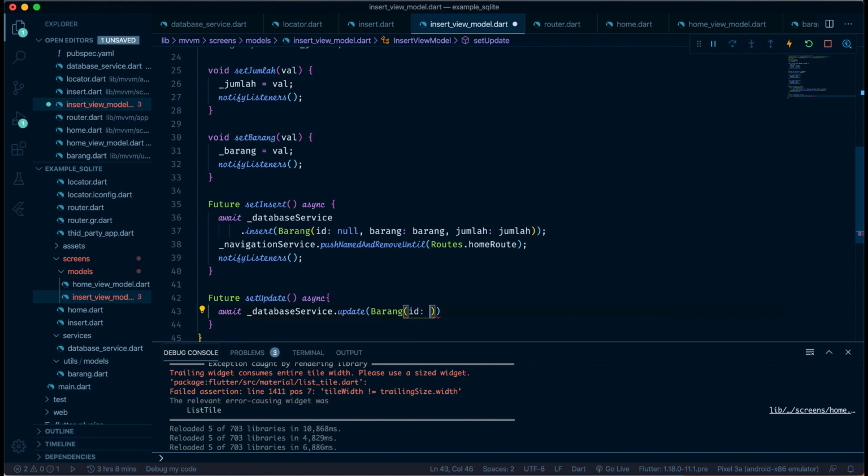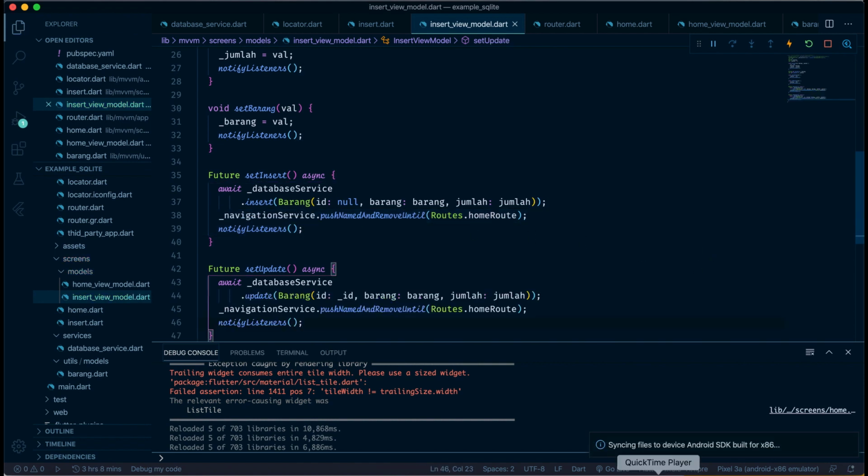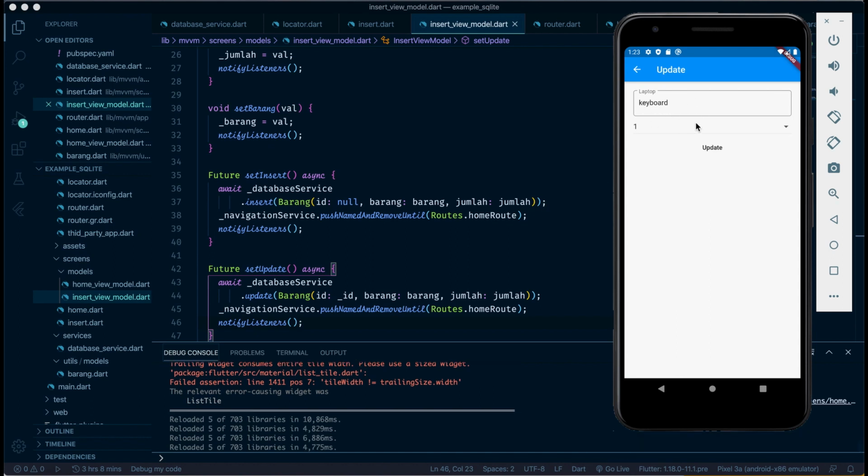Barang, first is ID, barang is barang, and last is jumlah. If this succeeds, go to home, just copy this and notify listener. Okay, something like this. Just save, and I will change the keyboard. I will change to 4 and update. Yep, just update the amount of barang in here.